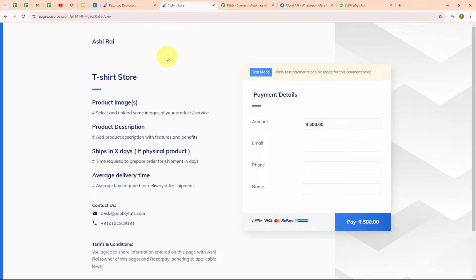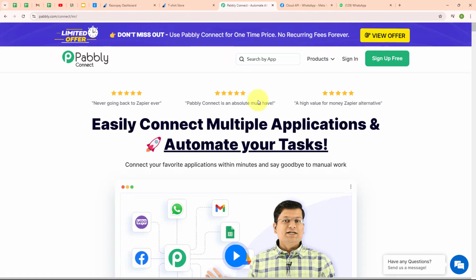To build this connection, I need to connect my Razorpay payment page with my WhatsApp Cloud API, and to build this connection, I'm going to use an automation software named Pabbly Connect. Pabbly Connect is an amazing automation and integration software, and it connects all your favorite apps and makes them work together seamlessly. You can set it up to do things automatically like updating customer info across platforms or sending